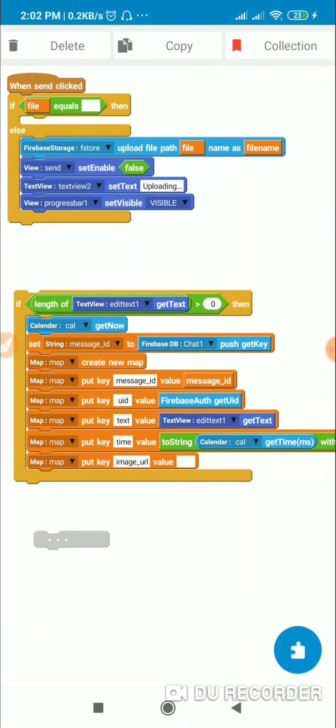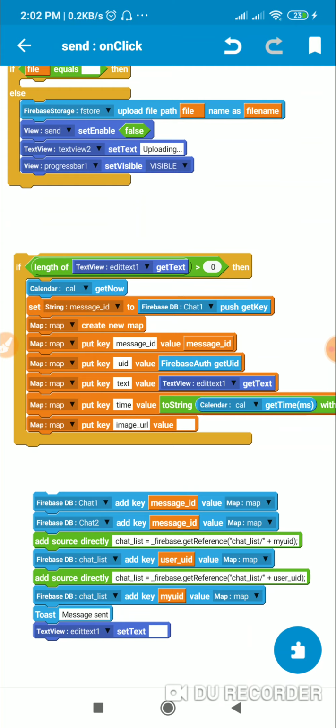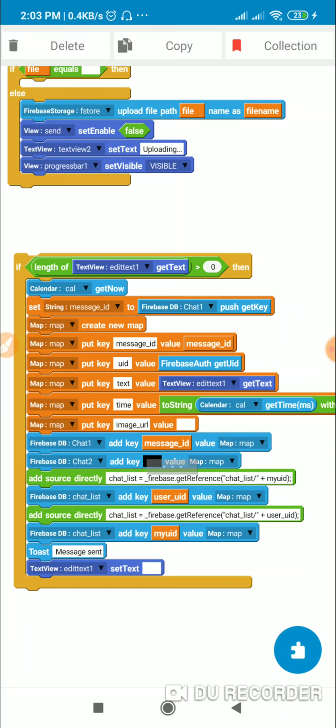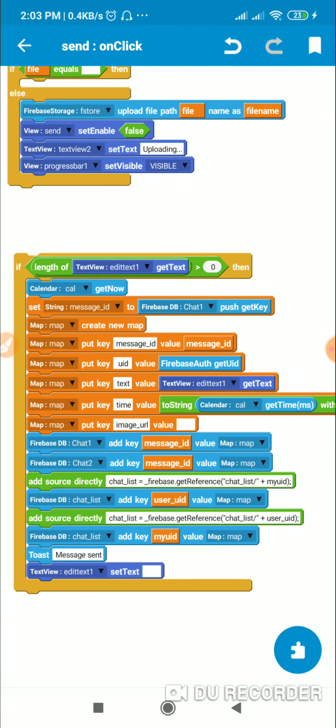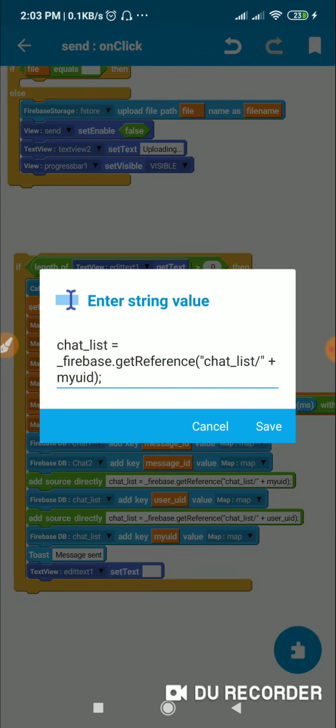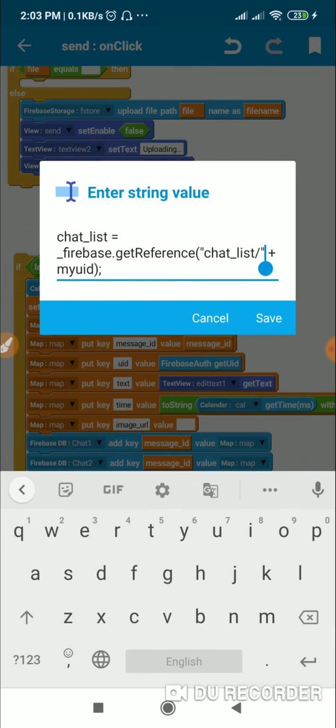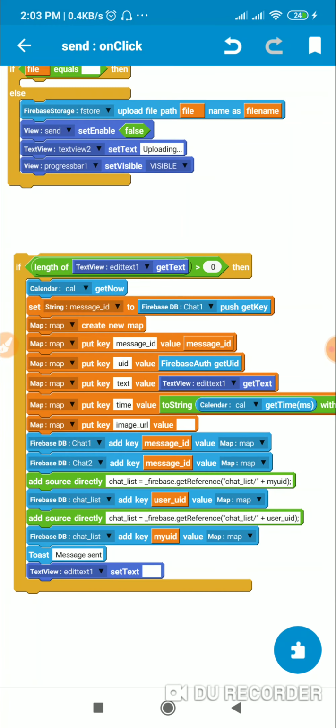Then I update it at 4 locations. These are the 4 locations. First one is chat1, to which I add key message ID and value map. Next I add it to chat2, key message ID value map. Then third is this chat list with reference to chat_list/my UID, and here I add key user_UID value map.